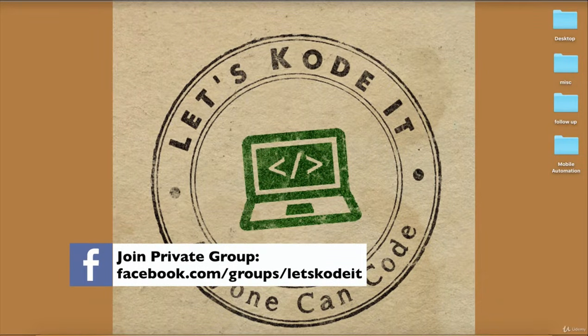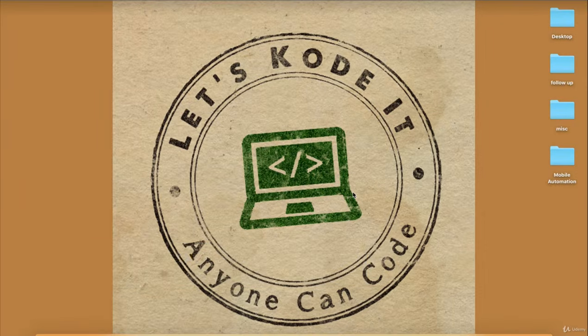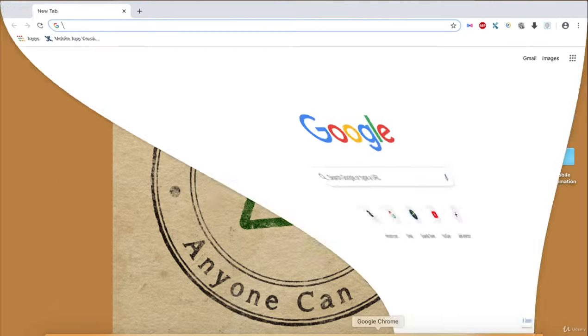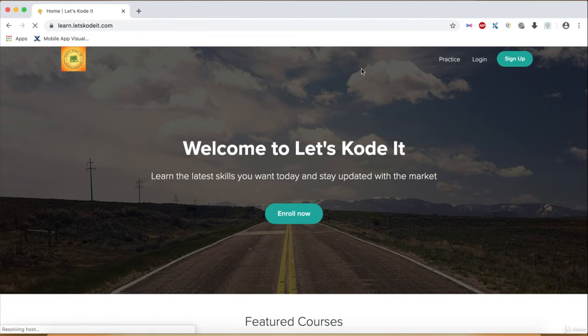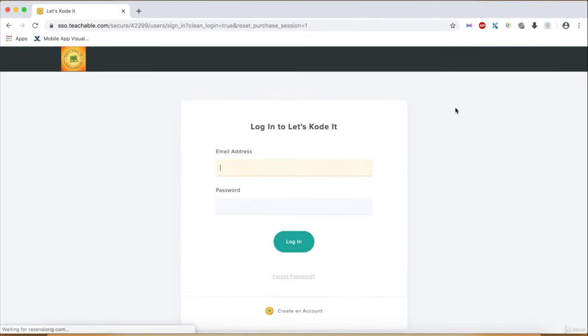In this one, we're gonna learn how we can find the elements by using ID and XPath attributes. Let me just bring up Chrome and I'll get into the details of explanation. What I'm gonna do here is go to learn.letscodeit.com and take some examples of elements to explain how finding by ID and finding by XPath works. Let's go to the login page and then we'll work with a few elements.